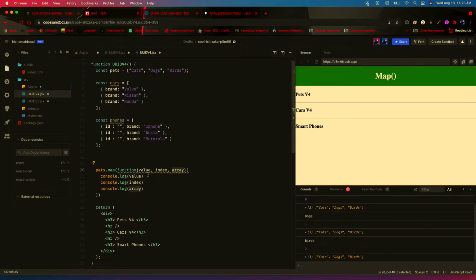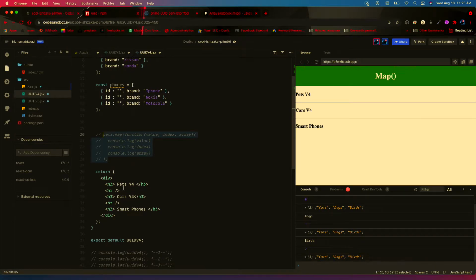And this callback function will do the same with the second element. So I get the value of dogs, index of 1, and then the whole array, and the same with the last element. So birds, which has an index of 2, and then the whole array. Alright, so let me comment this, and then I'll show you how to use a